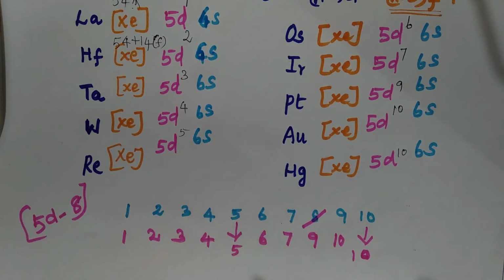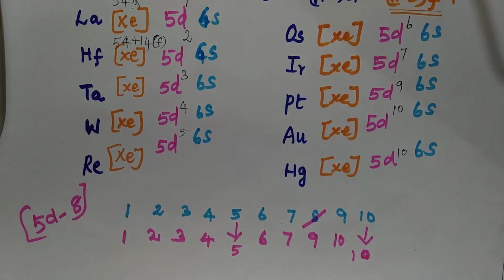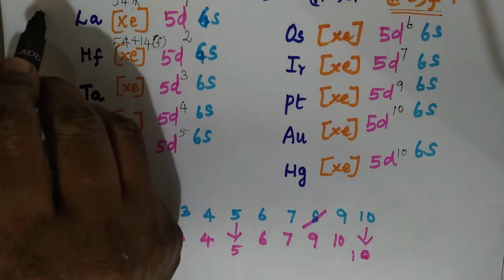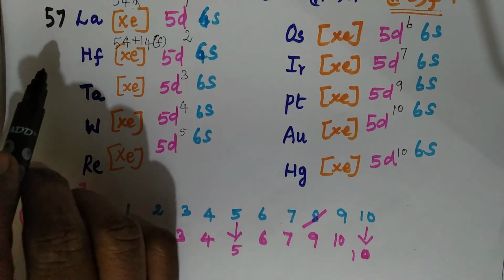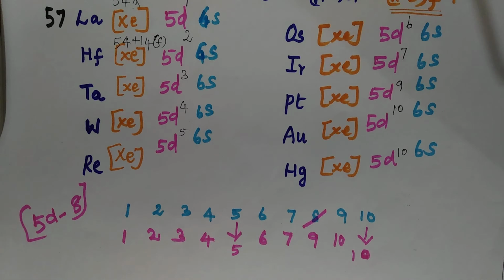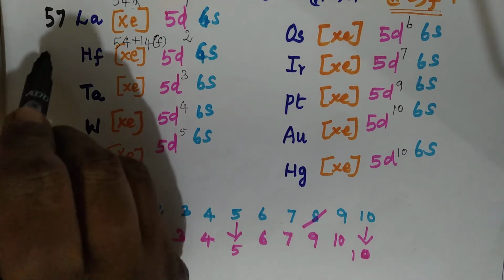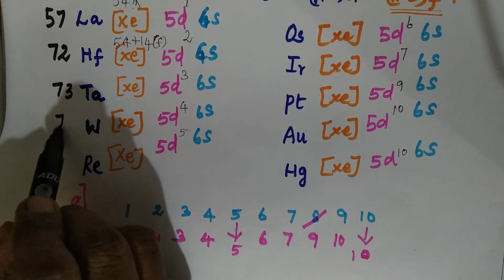Now the number of electrons, as we have done earlier, just add it up. 54 plus we have to write. Before that, let me write down the atomic number for lanthanum onwards. Lanthanum is going to be 57. Then from hafnium it gets changed because 14 elements have to be added, and then 6 elements of P block and 2 elements of S block also to be added. So 14 plus 6, 20 plus 2, 22 elements you have to add up. So after that it comes with 72 only. 57, 72.